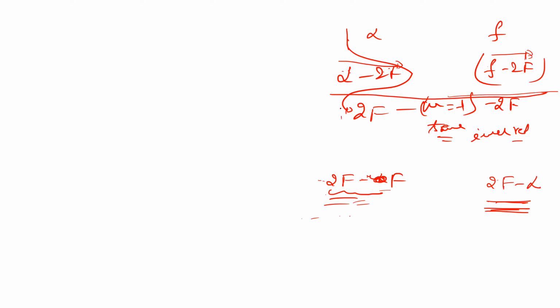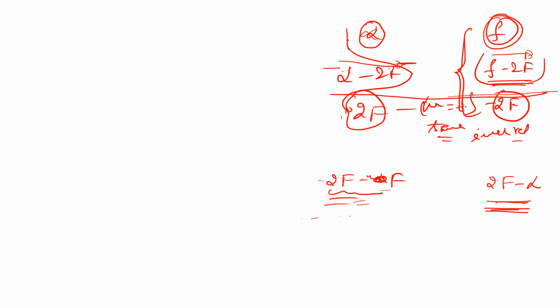Yes. Understand carefully. When the object is at infinity, the image will be at the focus. Just now I understood the pattern actually. I never tried to remember these things actually. When the object is at infinity, the image is at focus, right? Yes, sir. When it is at 2f, the image will be at 2f, right? You see carefully. Yes, sir. So that means if you are going from infinity to 2f, the image will be going from f to 2f, or not? Tell me. Between f and 2f. Yes, sir. Did you understand it or not? Yes, sir. Understood, sir. Here is infinity. This is an easy point to remember.